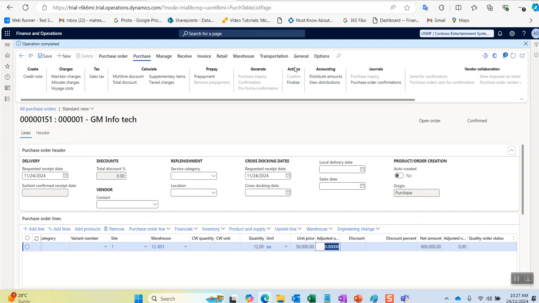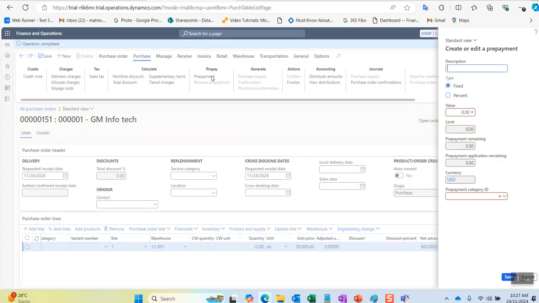For an advance invoice we will apply a parameter, that is prepayment. You can see under the purchase tab, under prepay actions, we have prepayment. You will click on this prepayment, and here you will provide the description. For example, I want